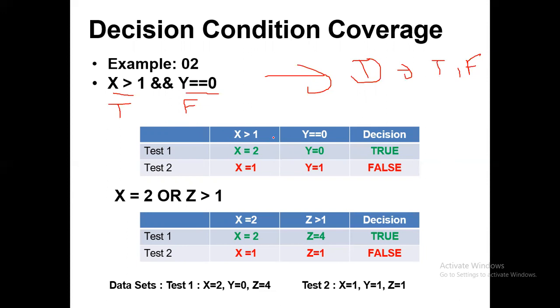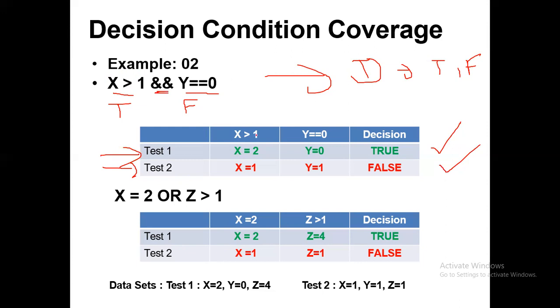So if we consider the first test, we can make both conditions true, then we can get true, since this is an AND operator, right? And again, we can make both subconditions false, then we can get false, right? So if we evaluate, you can see it.